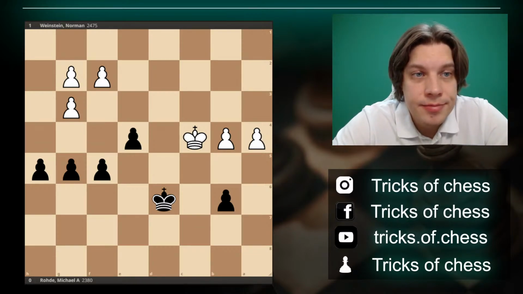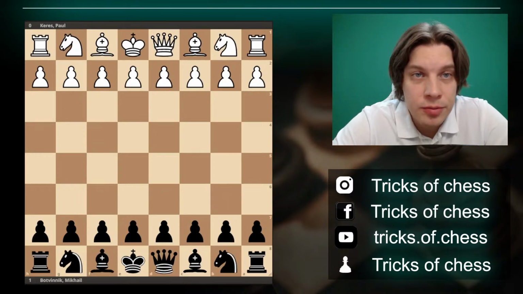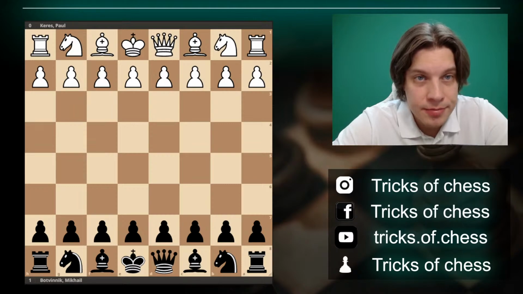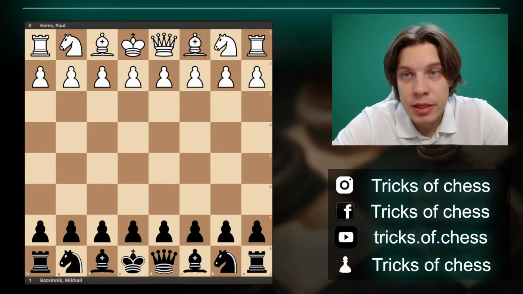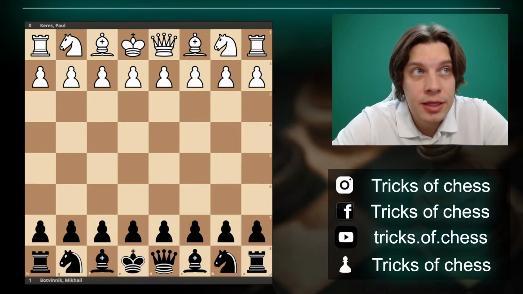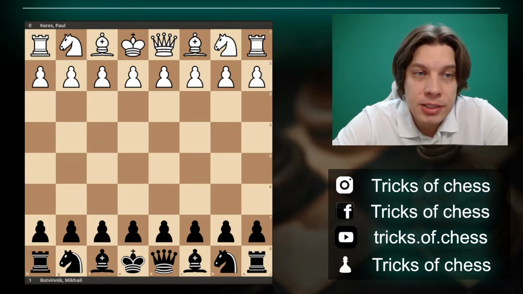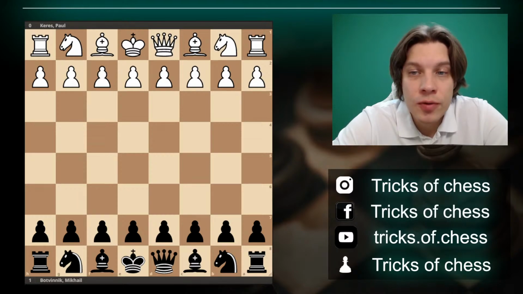Okay, fine. The next game we are going to observe is the game played by Karpov and Mikhail Botvinnik. This is quite an old game, and at that time they were not sure about the theory and played some weird moves. But this game illustrates that